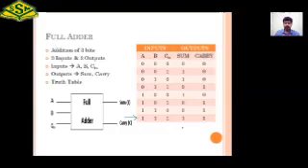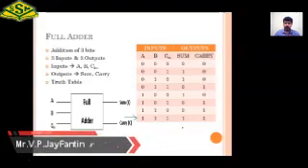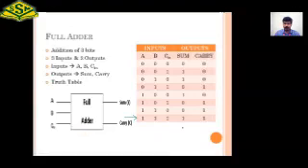Okay, this is a truth table of a full adder circuit. Easily we can remember the output values. As mentioned in the first row, if all the inputs are 0, then both the sum and carry will be 0. If all the inputs are 1, both sum and carry will be 1. If only one input is 1 and the others are 0, then sum will be 1 and carry will be 0. If two inputs are 1 and one input is 0, then it will be an inverted value. That is, sum is equal to 0 and carry is equal to 1. Okay, this is a truth table of a full adder circuit.